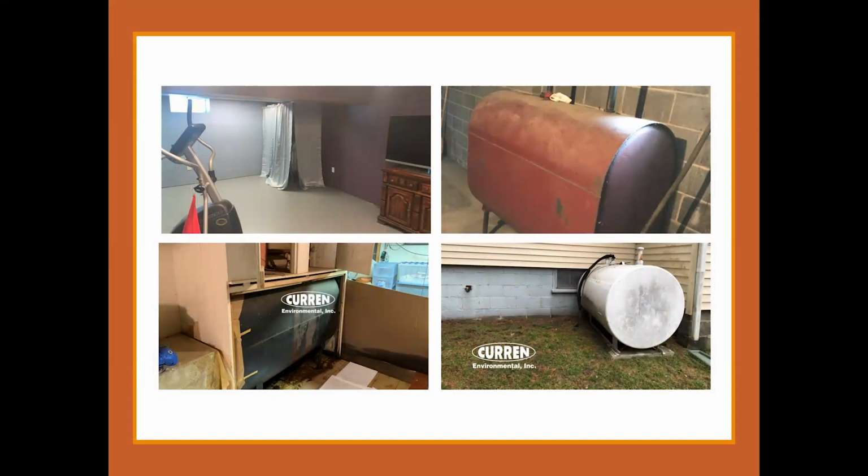The one on the bottom left, they'll build a shelf around it. The upper right one, that's primer red. They just left it right there. And these people, they painted the tank white. They put it outside. Not really a great looking tank if you want to have a picnic outside